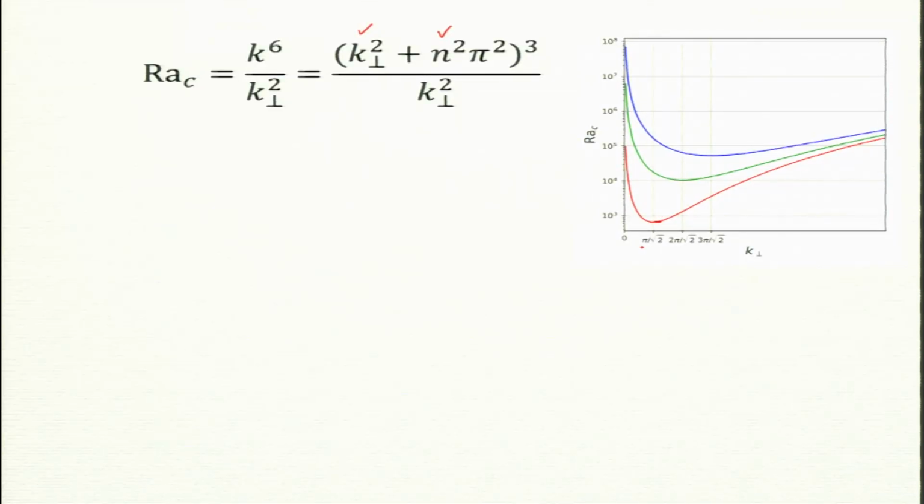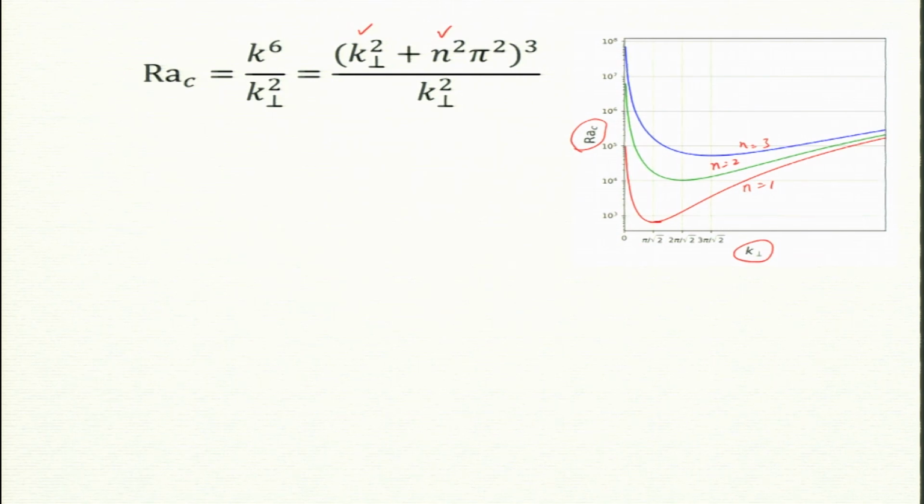We keep our k general, but now we are looking for which among them will become unstable earliest. So, I plot this Ra critical. Now for n equal to 1, the red curve. I have plotted for different n's: this is n equal to 1, n equal to 2, n equal to 3. You can easily see from here that if I keep k perp fixed and increase n, then n equal to 2 is larger than n equal to 1, obvious. If I keep more n, it will be even bigger. So, this y axis is Ra critical and this is k perp.